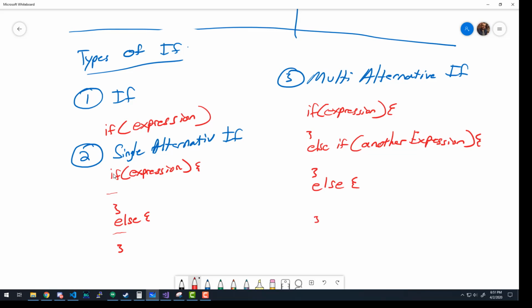Or we don't even need the else, as long as it's an if and an else if, it's considered a multiple alternative if statement, to where if we have two ifs and they're all linked together, then it's multi-alternative